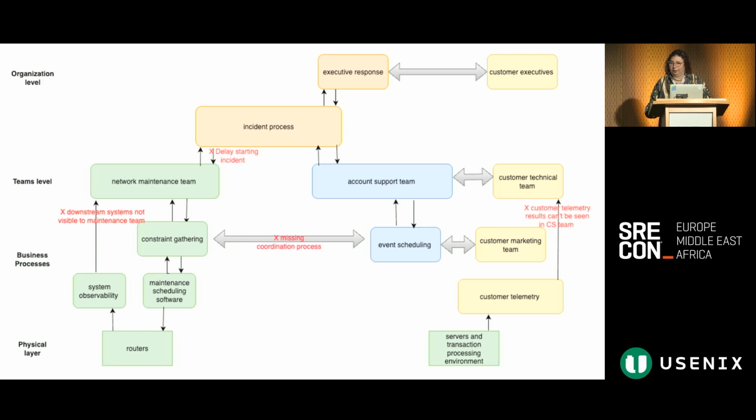The flavor that I want to put here is a couple of things. Number one, there are these vertical arrows up and down. Each of those pairs of boxes connected with vertical arrows represents a controller with a controlled process. Stacking those together is what makes this a hierarchical control flow diagram. And you can see the layers from the bottom layer where I have the physical elements of the system all the way up to things like executive response and their communication with the customer executives. That was part of the incident response here.